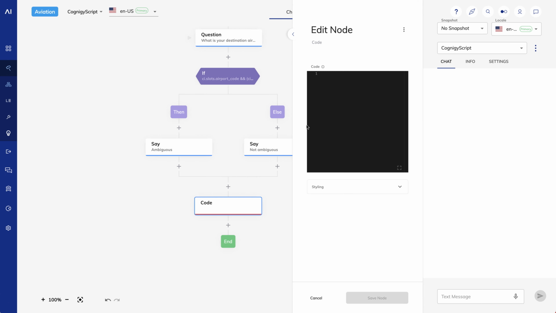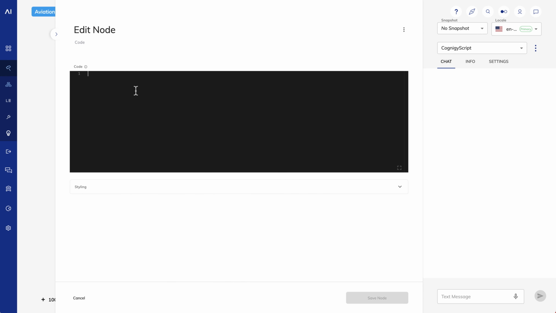When I open a code node, I get an editor. It's helpful to expand the edit panel to give yourself more room to type. The Actions object provides access to most internal node functions within the code node. Actions expose static methods like output, add to context, think, and update profile. Note that code nodes don't support imports. You're limited to what's available by default in JavaScript or TypeScript.